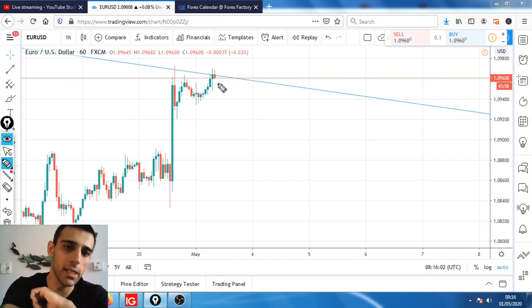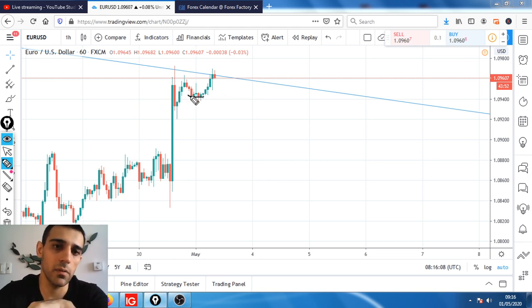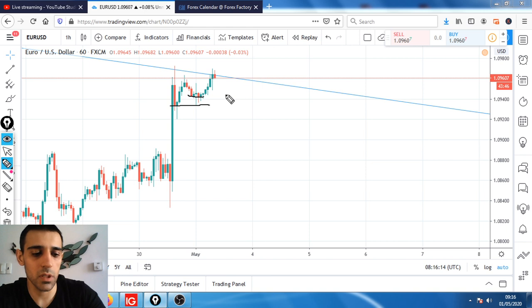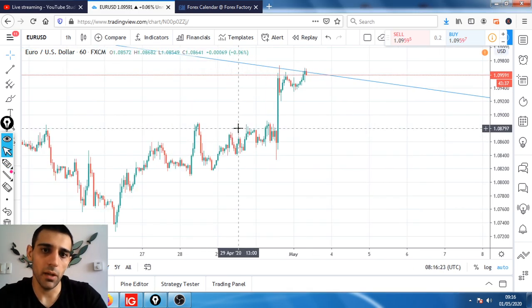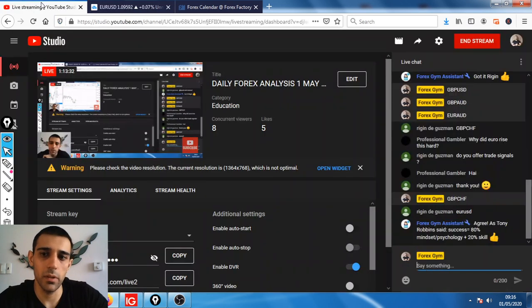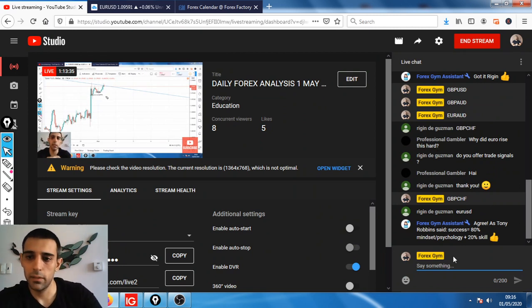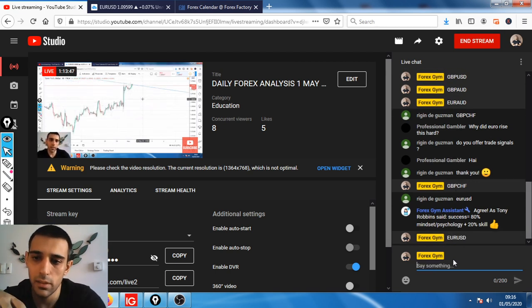So ideally it does it in the next 2 or 3 candles, and then we can take the entry either at this level. But personally, I will be looking for this level in here with a 20 pip stop loss, and then we're going to run it to the 109.80 zone. So that is my analysis and my view on the euro against USD. So we did this analysis on euro against USD.